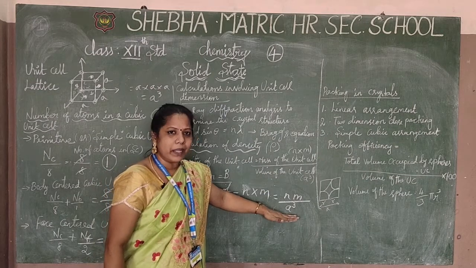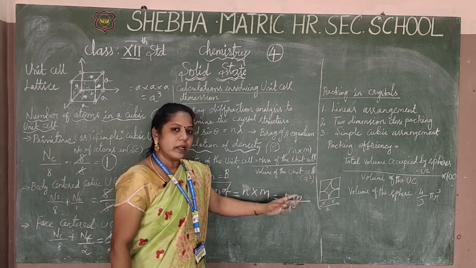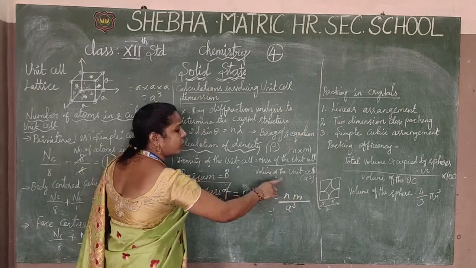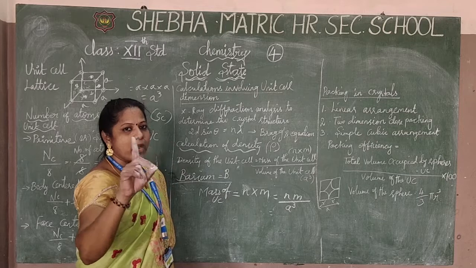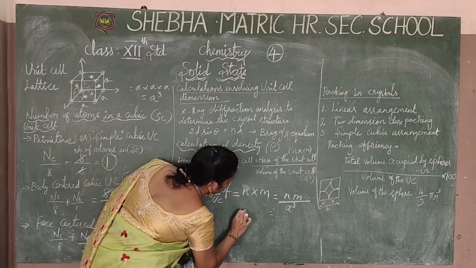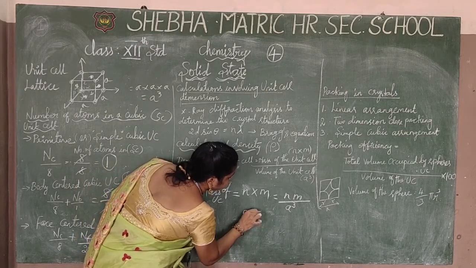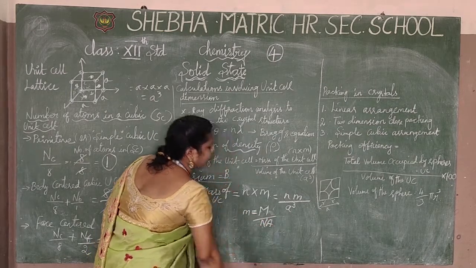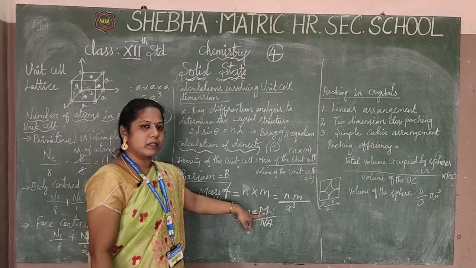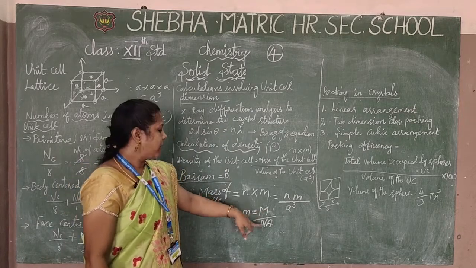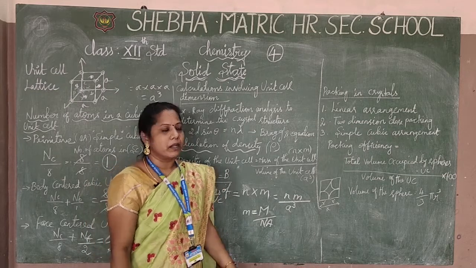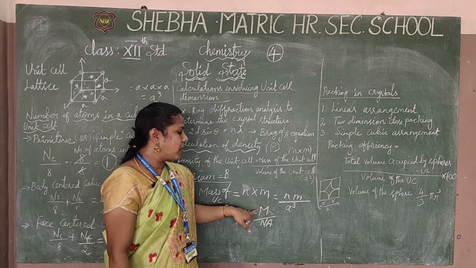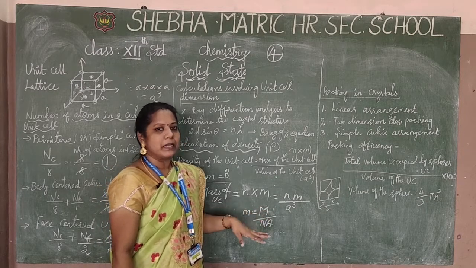But I am not stopping at this stage. We have to derive another step for m. So m, I already told you, is the mass of one atom, right? So I am going to write down small m is equal to capital M by Na. What is that capital M? Yes, very good. That is the molar mass. Na is the Avogadro number. You have to denote the Avogadro number as Na. The molar mass you have to denote with the capital letter M.